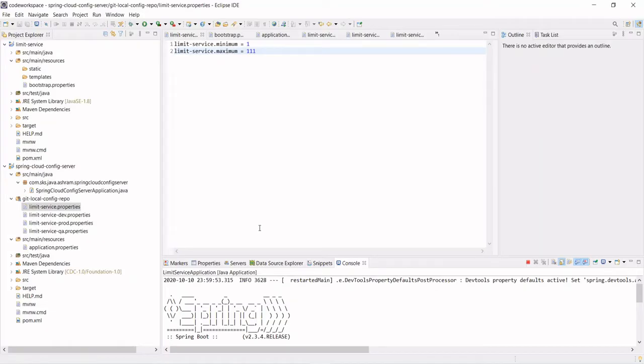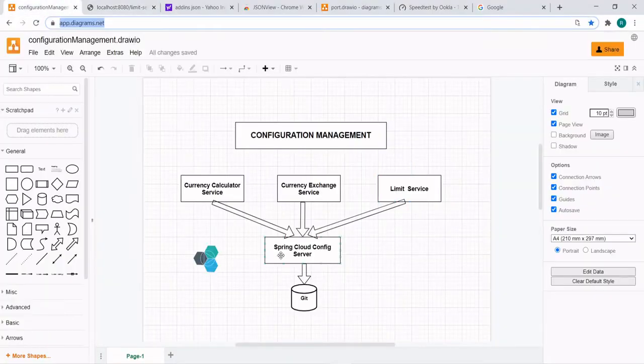Hi friends, welcome back. So in this step, we will see how you can configure the profile of the different environments. Now we'll have the properties files of all the environments. We are communicating from the limit service to the Spring Cloud config server, so the limit service and all the other services don't need to bother about the configuration. Once that configuration is established, you don't need to bother about it.